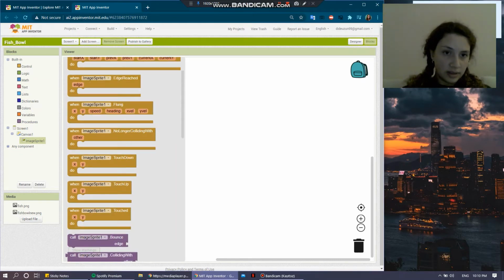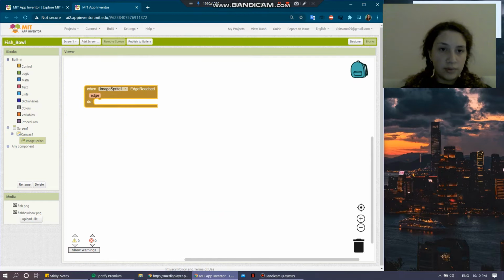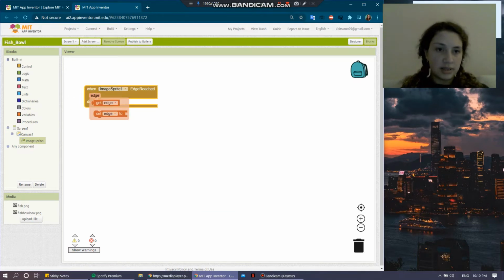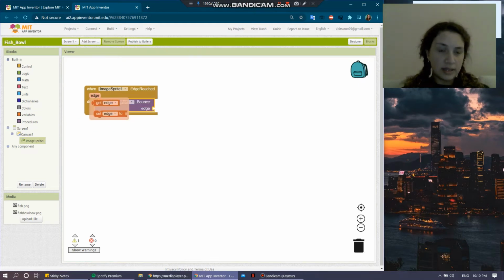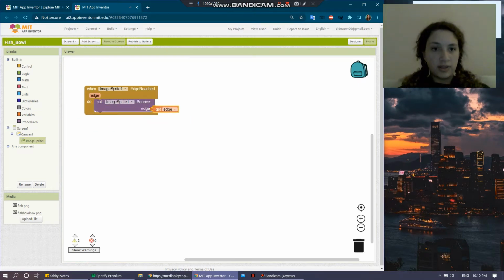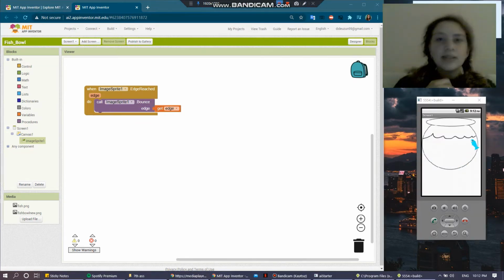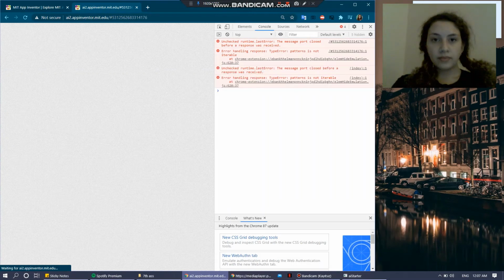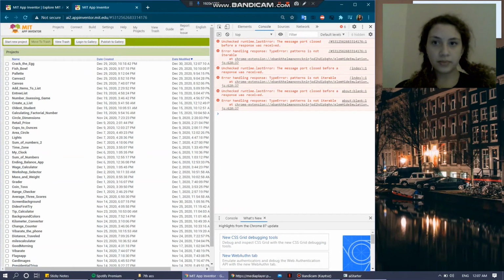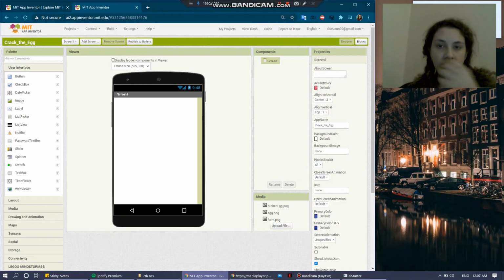I will add this block when the image reaches the edge. It should bounce according to the edge, like that. And I opened the emulator, and this is our fish, like that. This is the correct